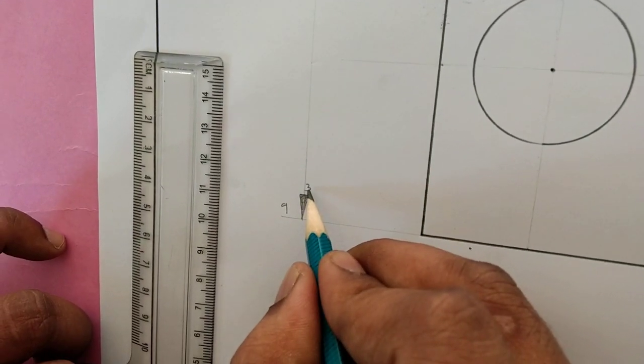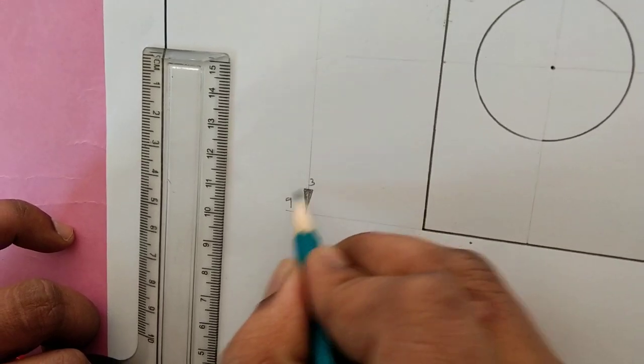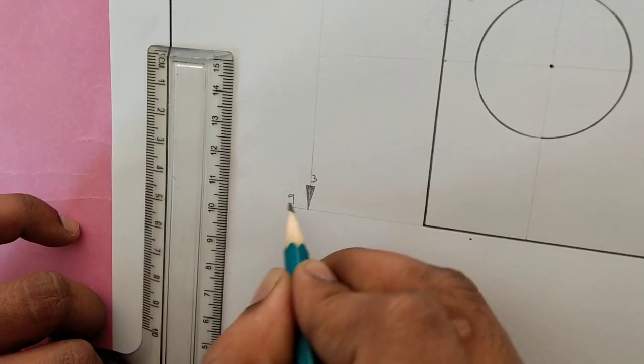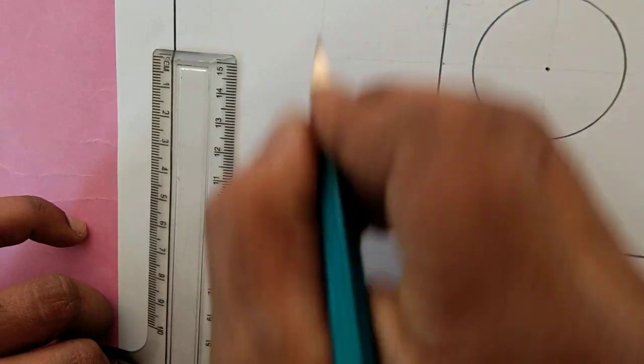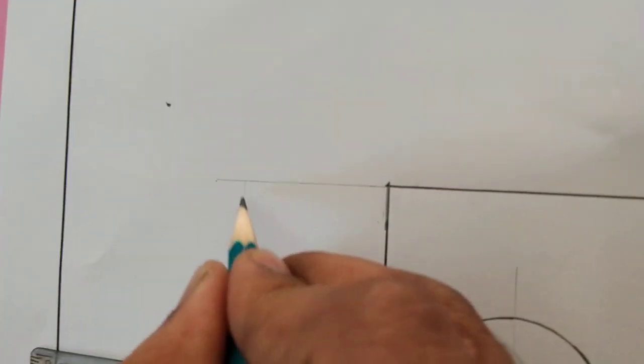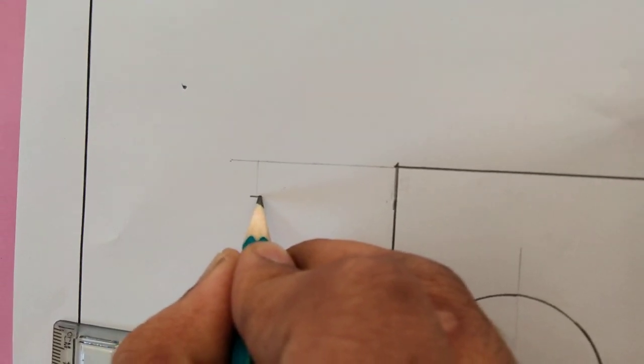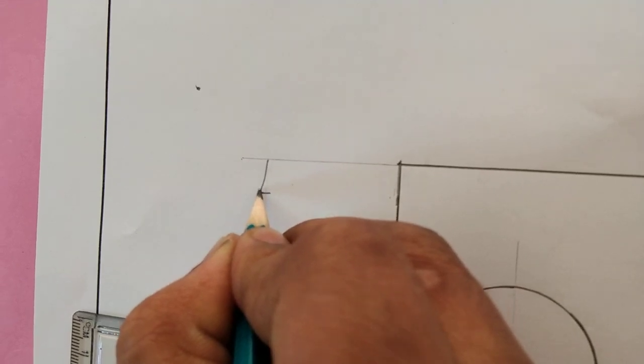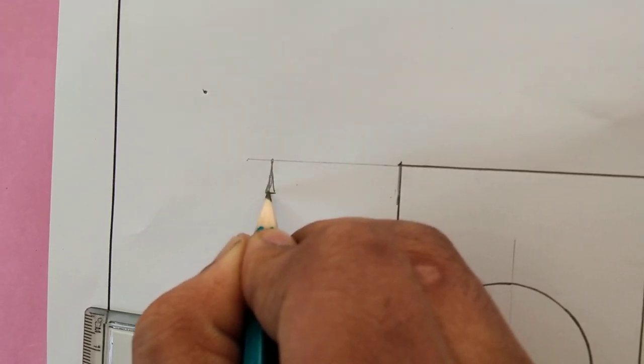So no need to show this dimension. For your understanding purpose I am showing 3 mm breadth and length, that is 9 mm. And similarly here we can construct this one. Suppose this is 9 mm, here this is 3 mm. That means 1:3 ratio. So here we can construct the arrowhead in this way.